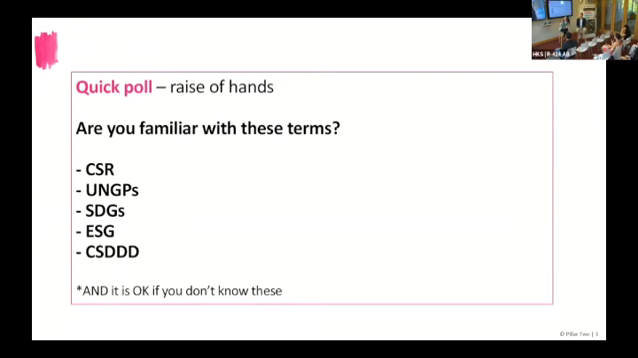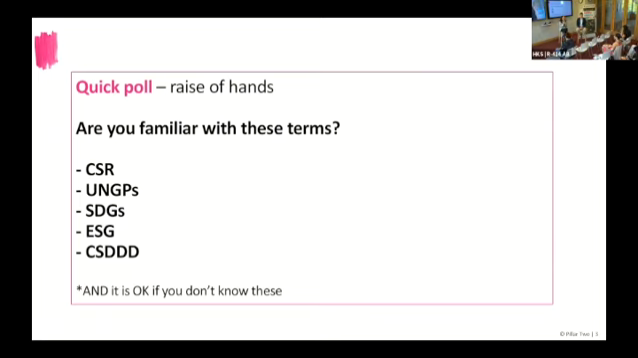So first, raise your hand if you are familiar with CSR. The UNGPs, okay, great. SDGs, okay, yes. ESG, great. And then what about CSDDD? This is a trick one. Yeah, that's great. Fantastic. So when we think about the alphabet soup, we're not going to go into all the